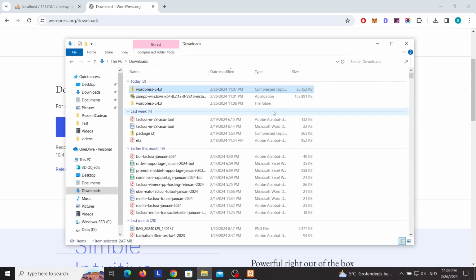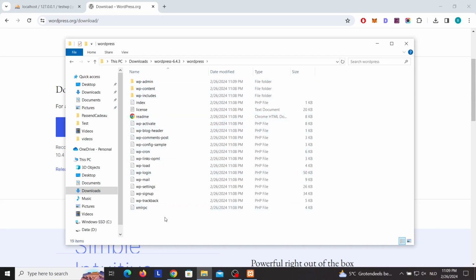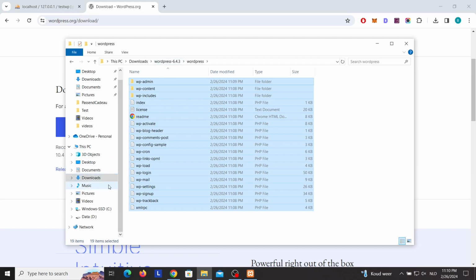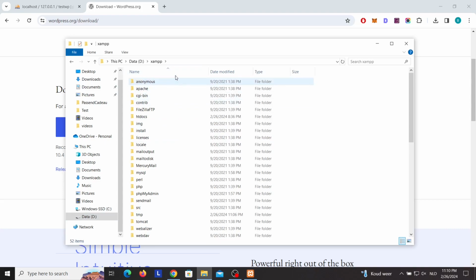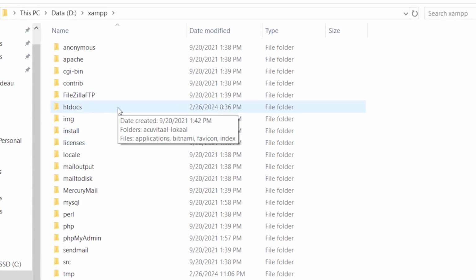To install a WordPress website you need to have these files. So we're gonna copy all these files. Later we're gonna paste it. You need to copy it from the extracted folder. Then you need to go to the place where you installed XAMPP. In my case that is here. XAMPP. And then in the XAMPP folder you see other folders. And then you need to click on htdocs. It's important to remember the htdocs folder because in this folder you need to install all the local WordPress websites.